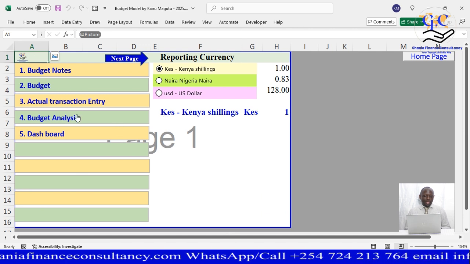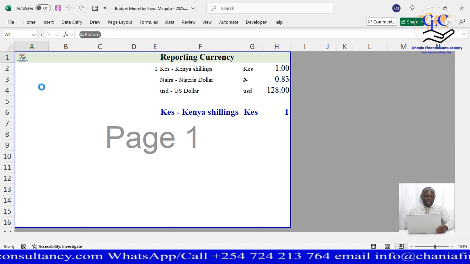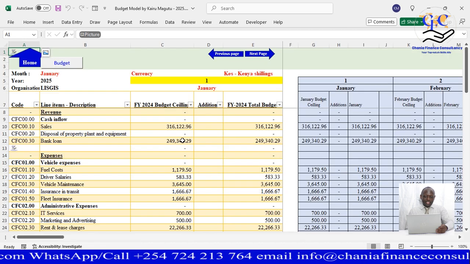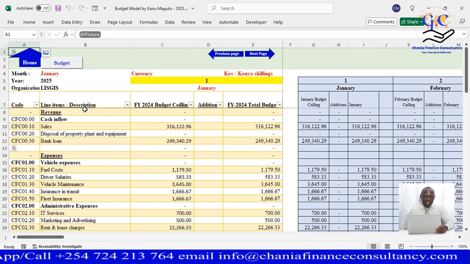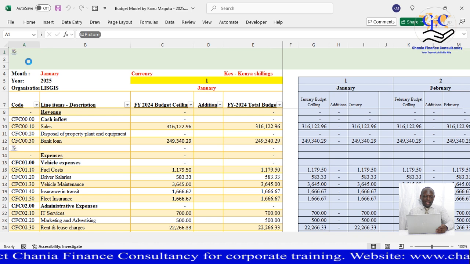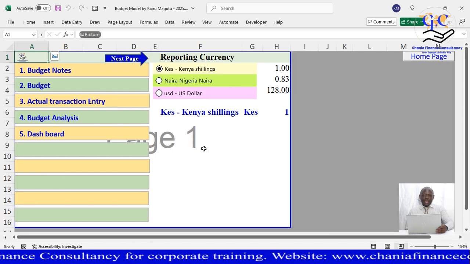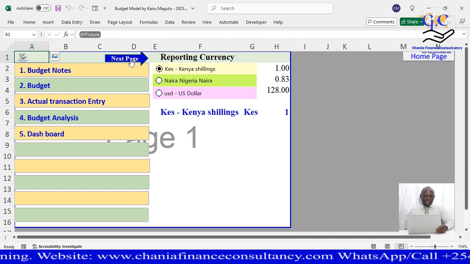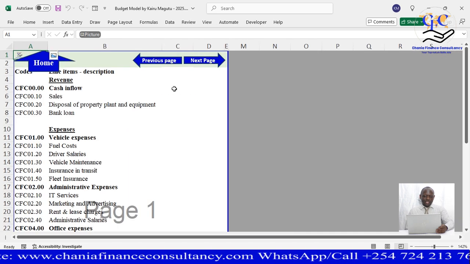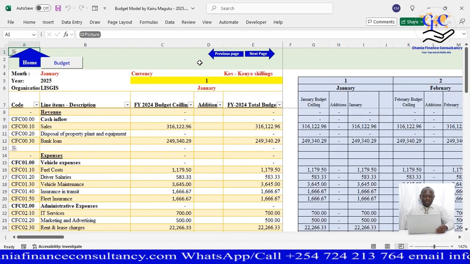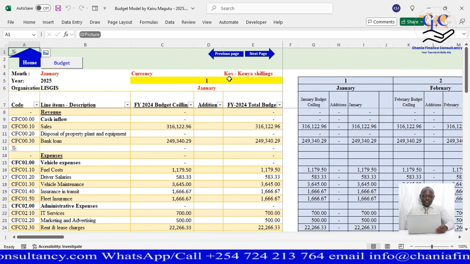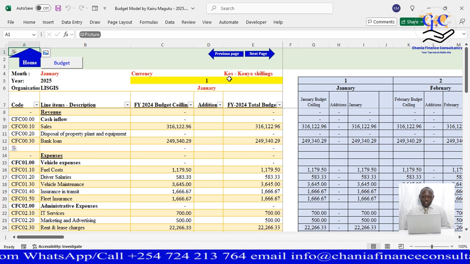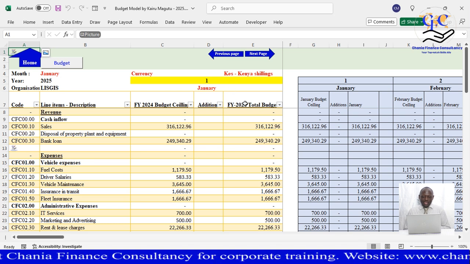If I want to go to the budget, I will click on the budget here, and that will take me to where my budget is. If I want to get back to the home page, I just click the home button, and it will take me to the home page. Now, the other option is to navigate using the next page button. If I clicked on it, I can use the next page button. All these features are done or derived using advanced Excel, and this is what we do as a Chania Finance